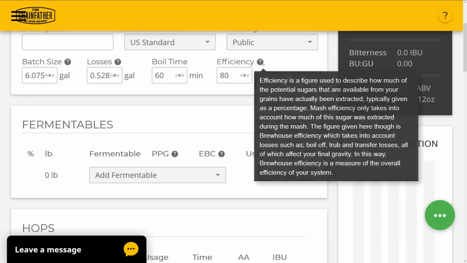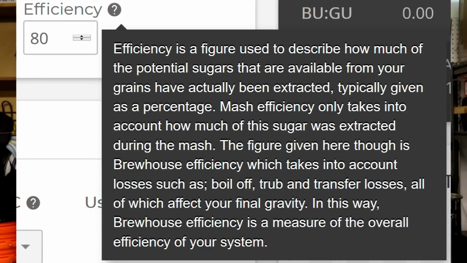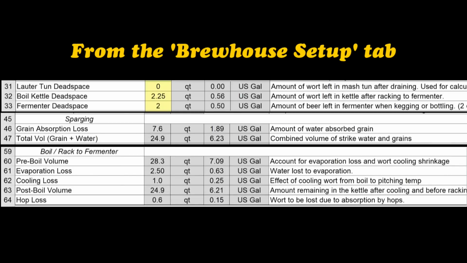What they have instead is a more generic Brewhouse Efficiency value, not to be confused with extract efficiency. Brewhouse Efficiency includes the extract efficiency in it, but also includes other things like losses in your system, which I account for separately on my spreadsheet, for example. And it's not the right kind of number to use to scale and adapt recipes, to adjust grain bills and